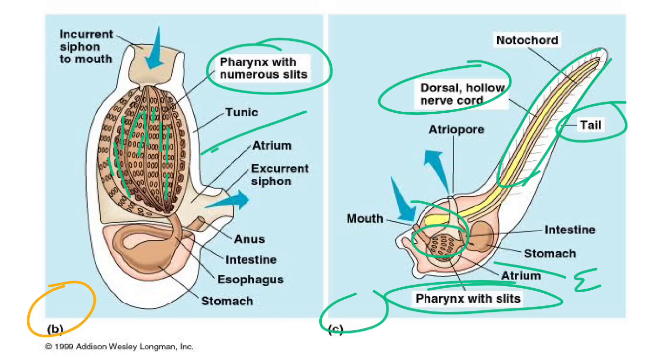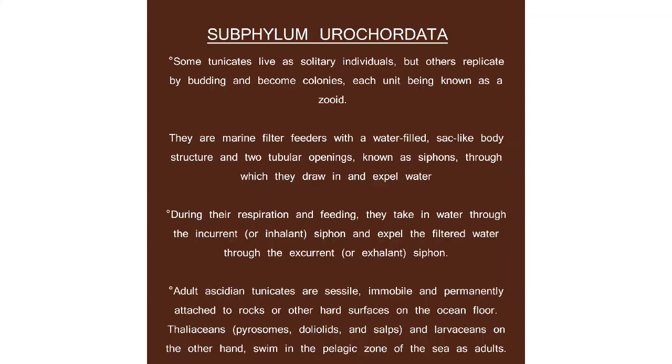That is the pharyngeal slits and the endostyle. Now, if you notice very well, they now have the incurrent siphon, which is to the mouth, and the excurrent siphon, which is to the outside of the anus, which I'll be explaining in the next slide. Now, tunicates are solitary individuals, but others replicate by budding and become colonies. They can be one and they can be many. Each unit is forming a zooid. They are marine filter feeders, and the water-filled sac body structure has tubular openings,